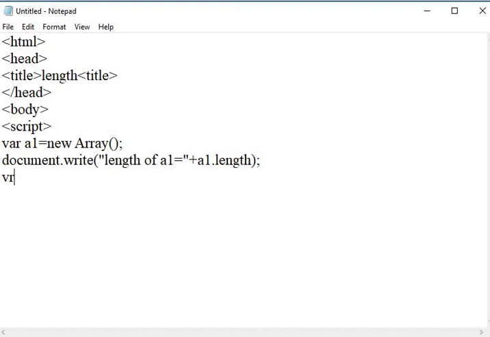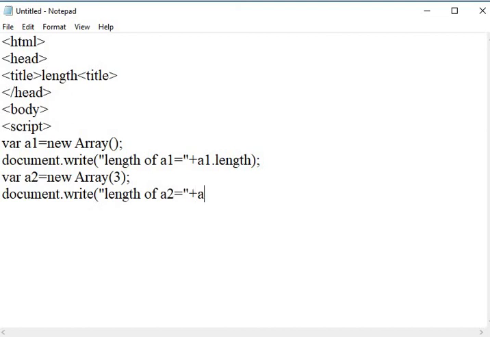Here again I am creating one array, A2, and here I am passing 3 as the array value. Here I am printing document.write length of array, that is length of A2 is equal to A2.length.